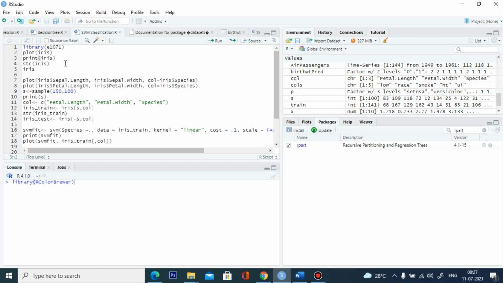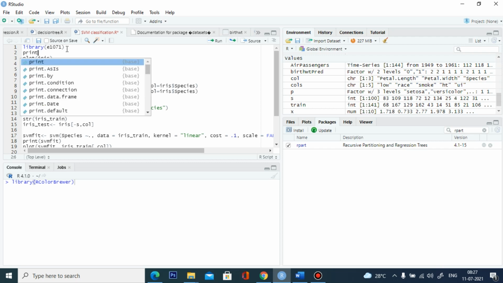Here we are going to plot the iris. What is meant by iris? Iris is a default data set in the R language for data analytics purposes. I will show you the iris data set.